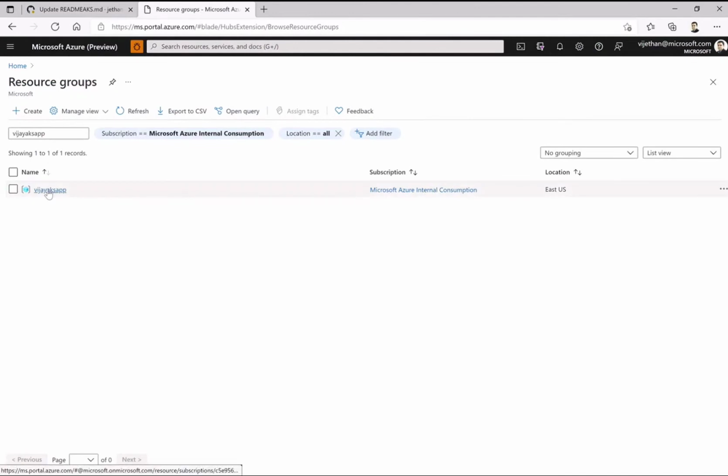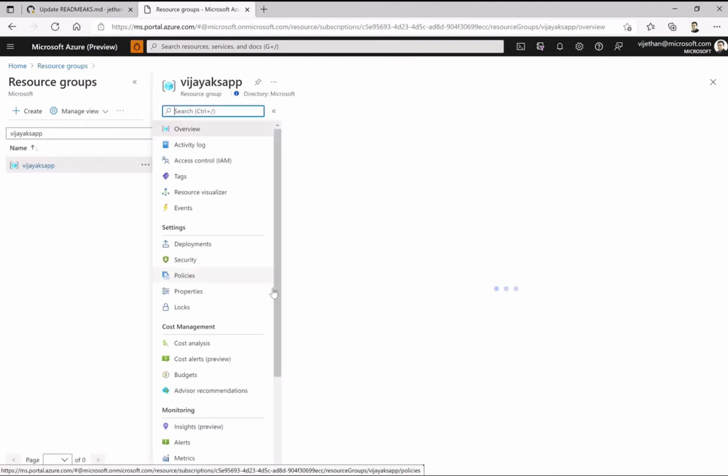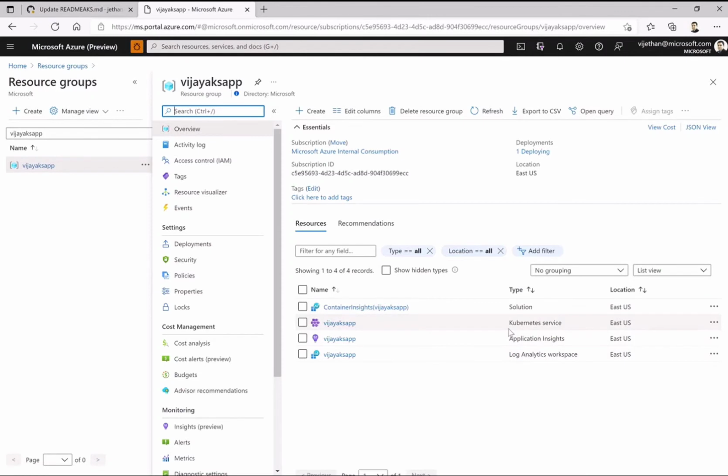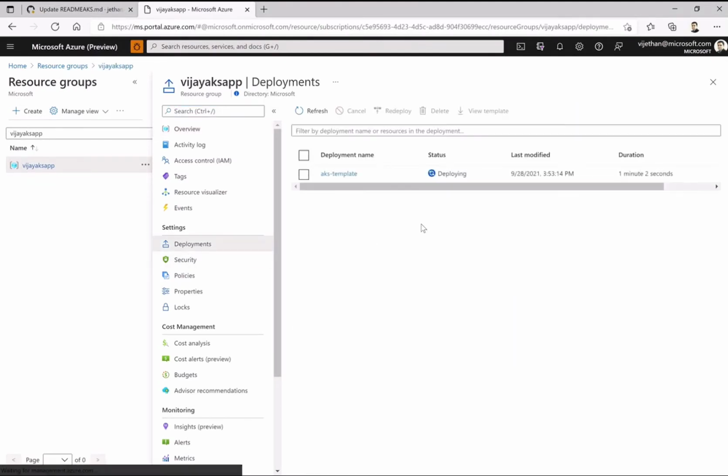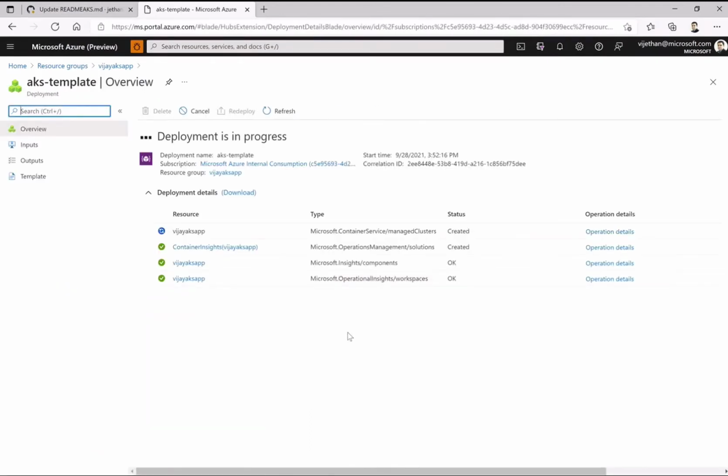So we have our resource group created at least. Okay, so now it is creating those particular services which I have given as a part of that ARM template. Also, as it is now based on the ARM templates, I can track this and see where the deployment is going through, right? So as of now, I'm on creating that cluster. So this is how you can do the checks.